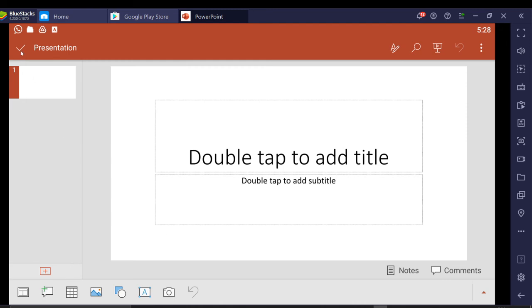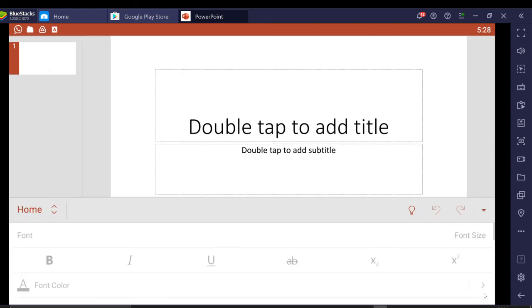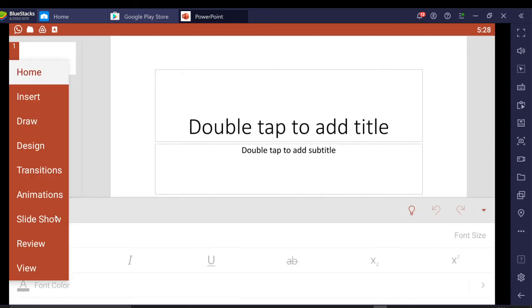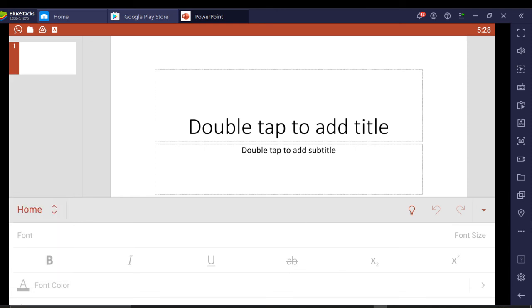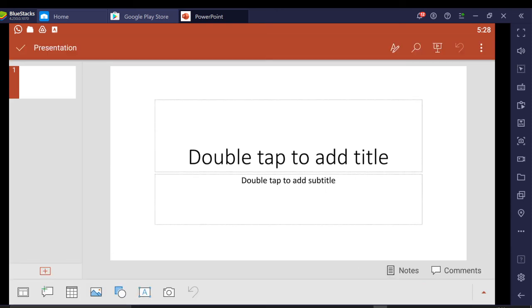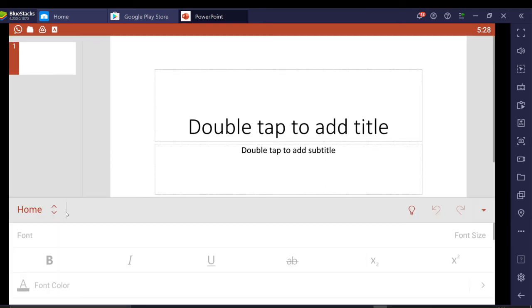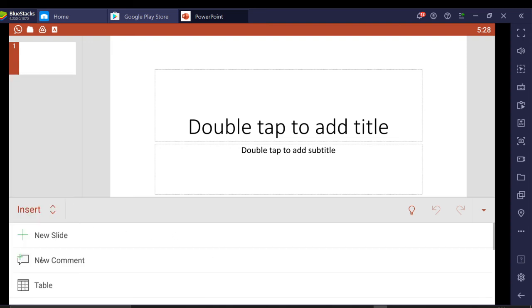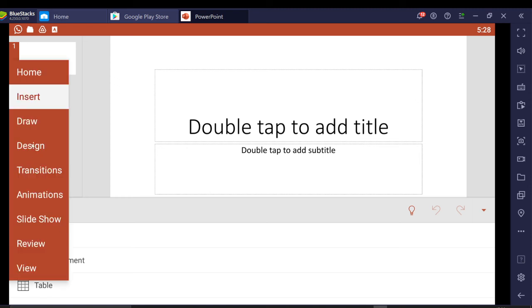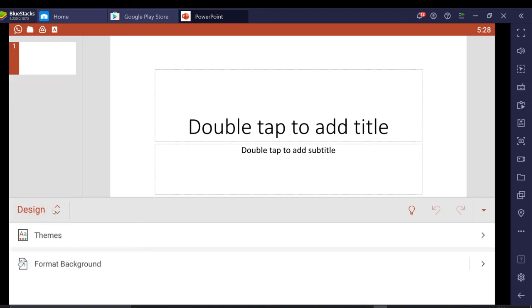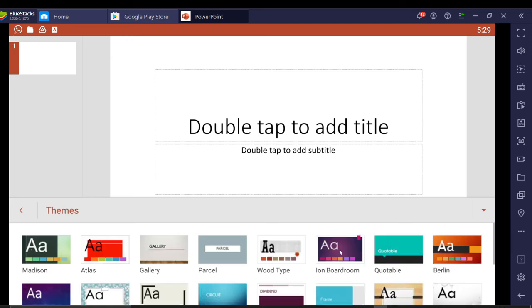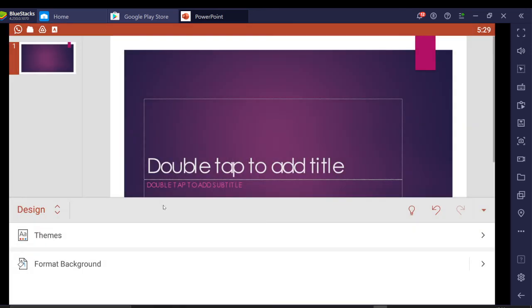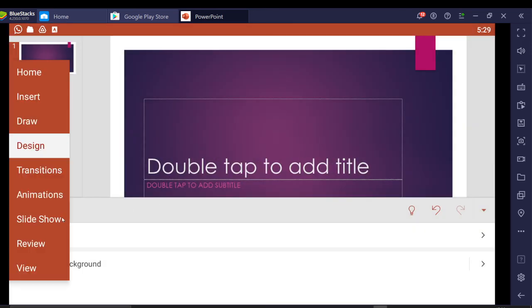See, there is no menu bar much visible here like in a system, but almost all options will be there. Observe, I will show it once again. It will be initially like this. If you switch on the upper arrow mark, there is Home. Then Insert, where you can insert options like new slide, table. All those things will be there, and even Design. You can change the design. Themes are available; whichever you want, you can keep it. But anyway, I told you to keep whatever the template gives.